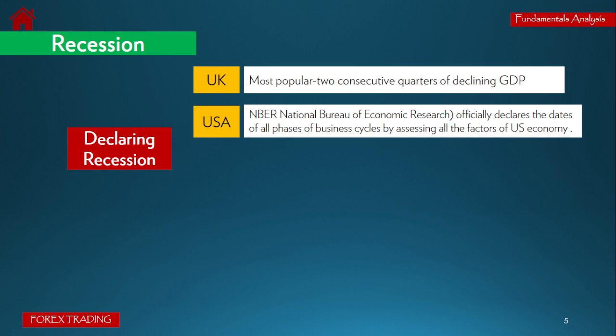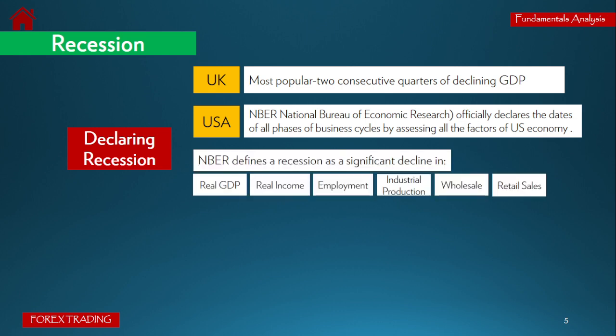In the USA, there is an institute, NBER, the National Bureau of Economic Research, which officially declares the dates of all the phases of business cycles by assessing different factors of the US economy. And NBER defines a recession as a significant decline in one or most of the following economic indicators. For example, real GDP, real income, employment, industrial production, wholesale and retail sales. So when all these indicators go negative, when they fall down, NBER defines it as